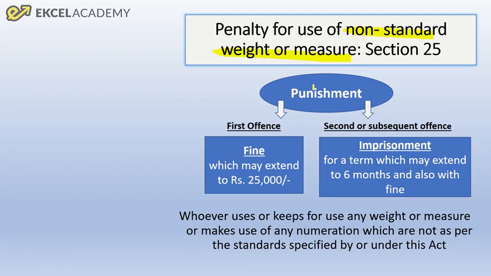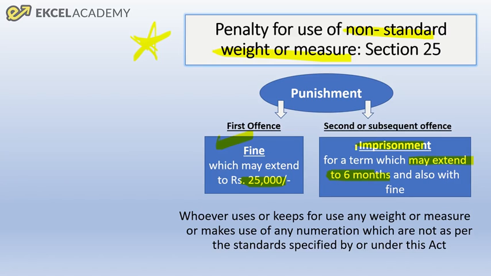I know it is impossible to remember the number for everything. So for the important ones you remember, this is definitely an important one. This is a basic one which you should know. That is, the punishment is 25,000 rupees. That is the fine, and the imprisonment is up to 6 months, which may extend. That means it can be 1 day, it can be 1 week, it can be 1 month, it can be